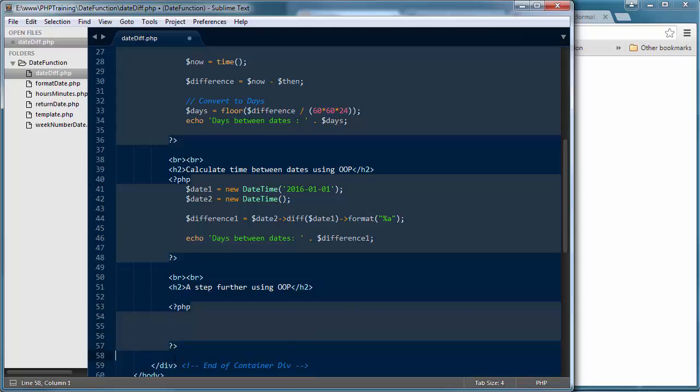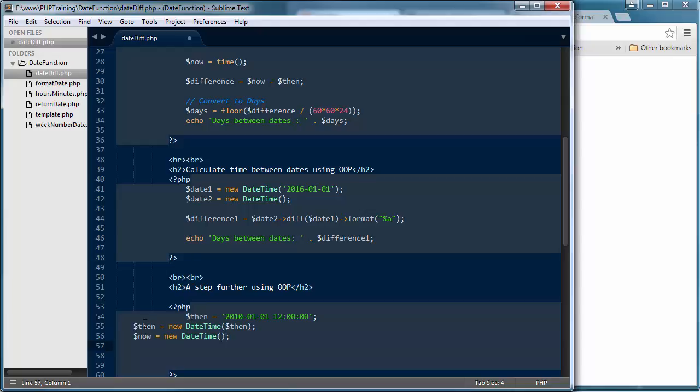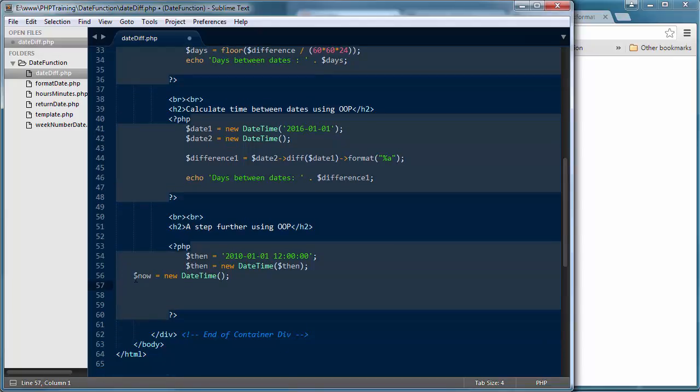And so you don't have to watch me type all this in because you watched me the first time, I'm just going to go ahead and paste this in and then we'll talk it through. So the first thing I'm going to do is create a couple of variables inside my PHP tags. I'm going to create a then variable. And again, this is going to be a string value. And I'm going to take the same thing with that string value and I'm going to make it a new